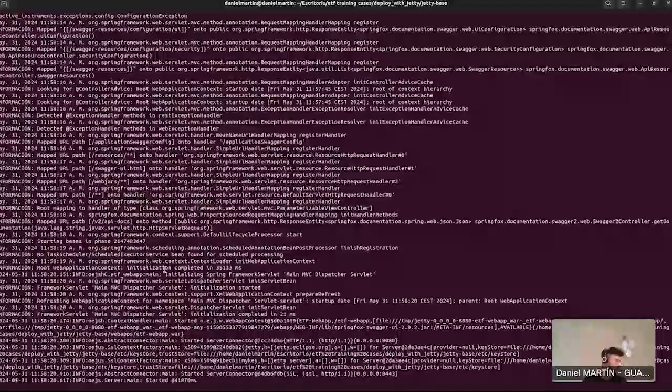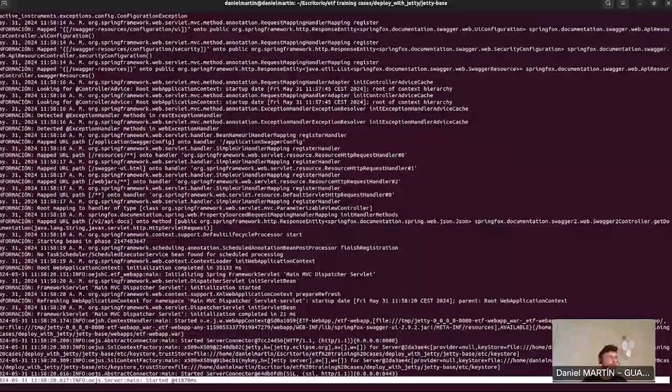Okay, once we see this last line, it means it has fully loaded, and we can go to our local browser and open our local ETF instance,